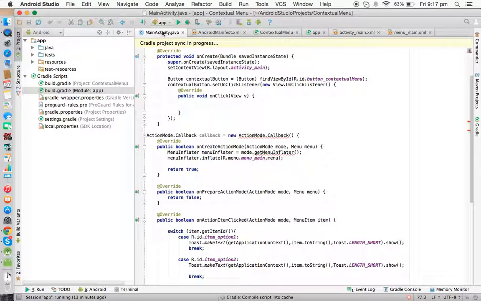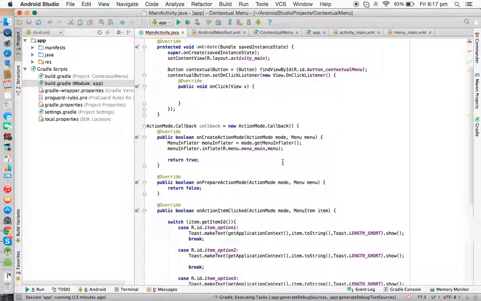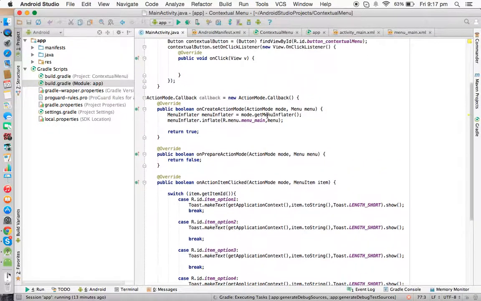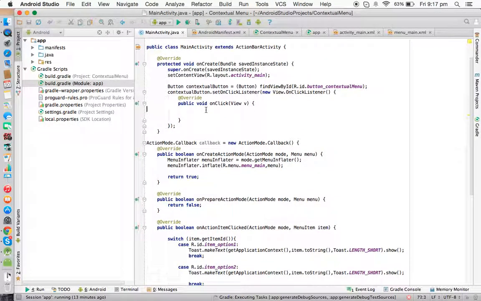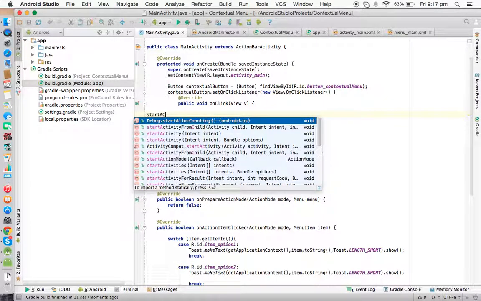Now we need to come to the main activity. After syncing, we are not going to have this compile error now. Once sync is complete, okay, sync completed. Now we'll see we are not having any compile error. Now we need to call startActionMode.